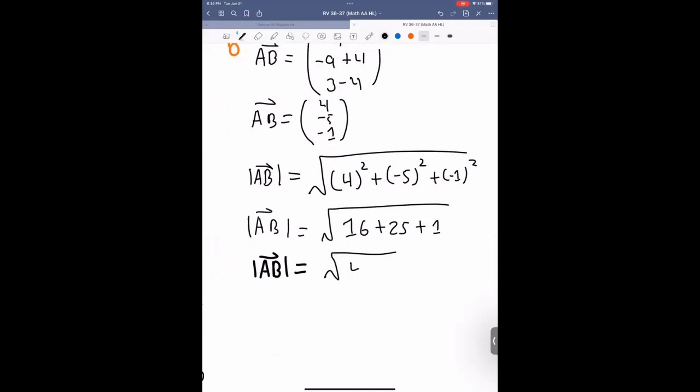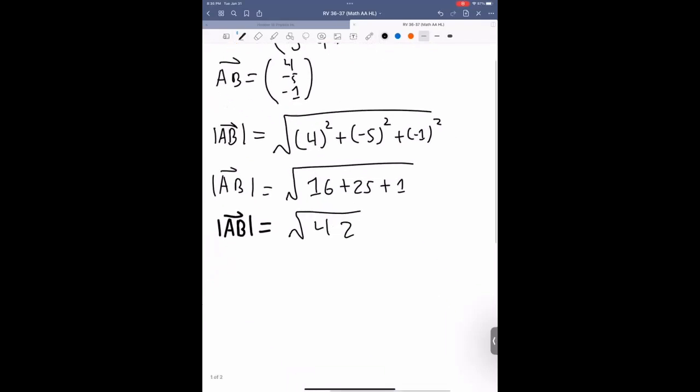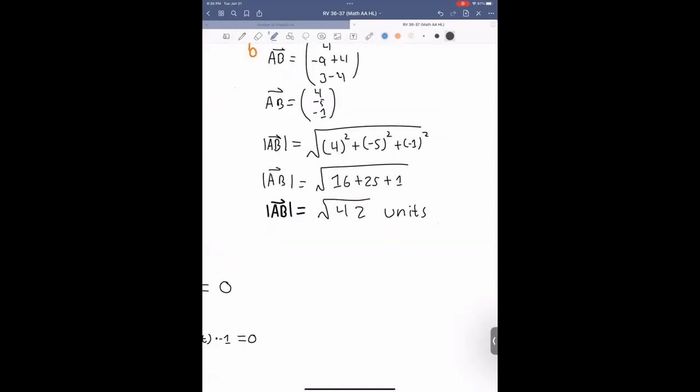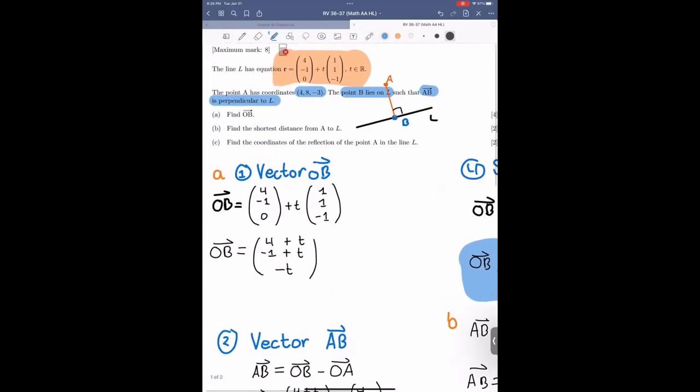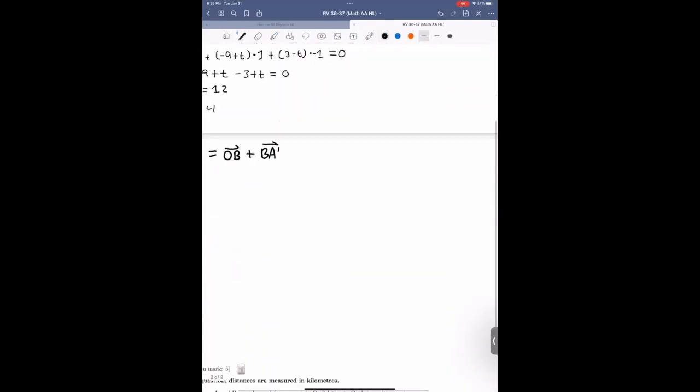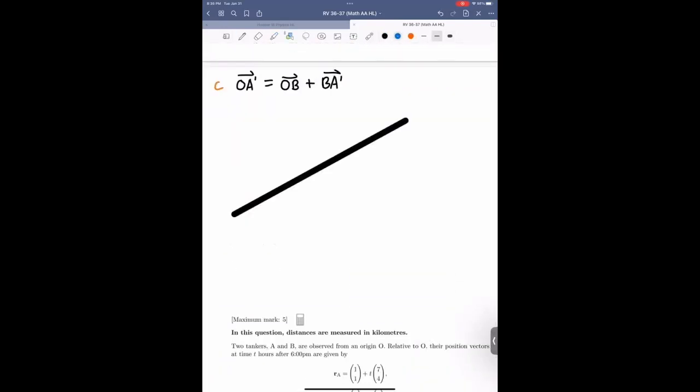That leaves us with a length or distance of square root of 42 units, and that is our shortest distance. Finally, we are asked in part C to find the coordinates of the reflection of the point A in line L. So if we draw another diagram, here's line L,